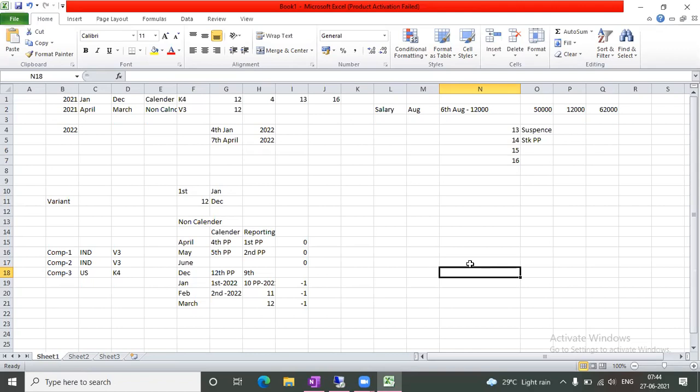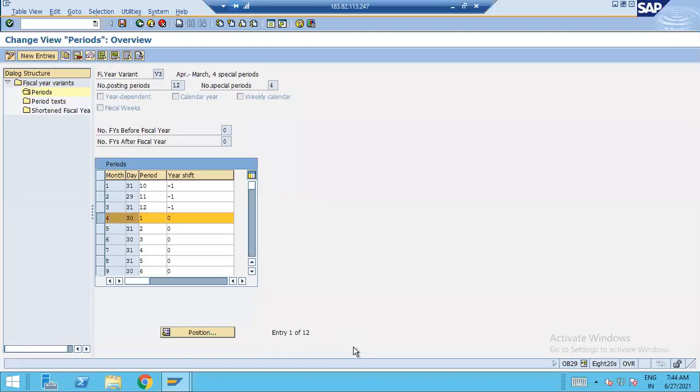So that means here your closing date or your days are not uniform. Like here it is 30 days, next one 31 days. So in that case, it is known as your year dependent. So there is one option. You need to check this one, year dependent. So every year we need to change it here, how many days are available, and accordingly we need to adjust,